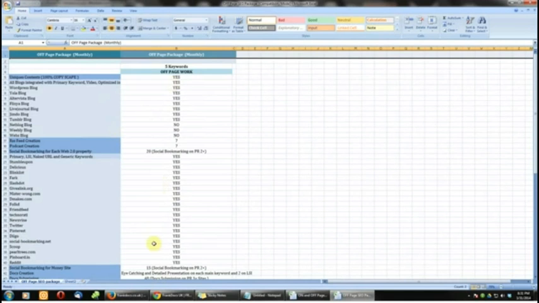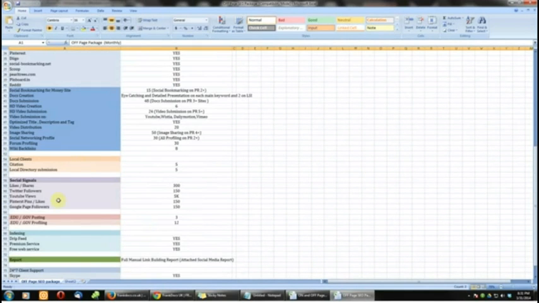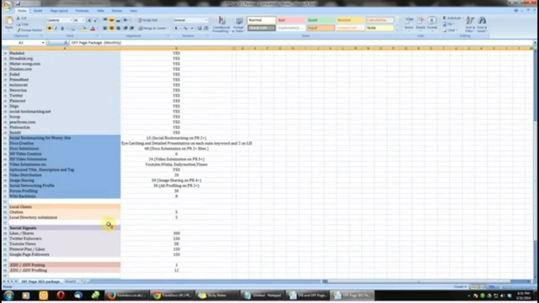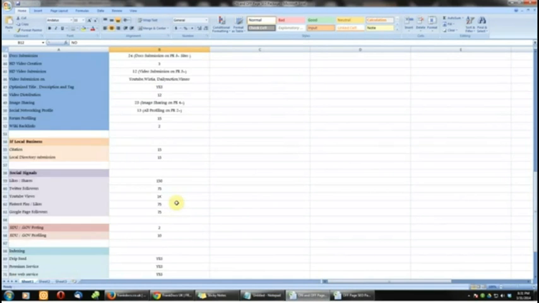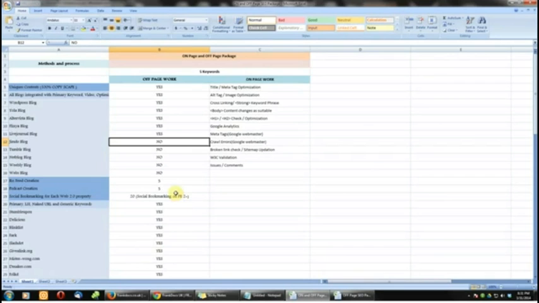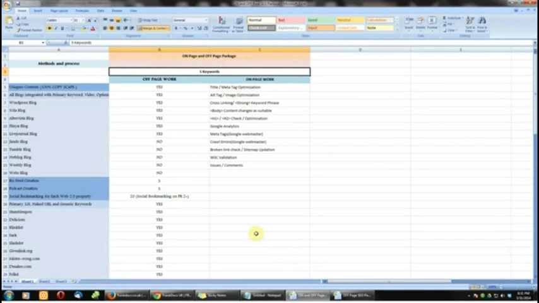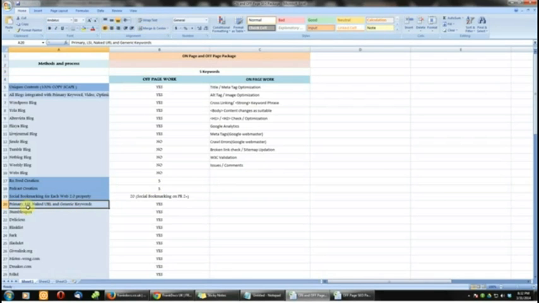But the rest of the people, who don't have off page going on, they go for this package, and this package is very good, and we promote 5 keywords at a time for both these packages. By 5 keywords, I mean that at a time we will target 5 main keywords, and there would be more LSI keywords of them, which we will also promote, because we need to maintain naked URLs and generic keywords,